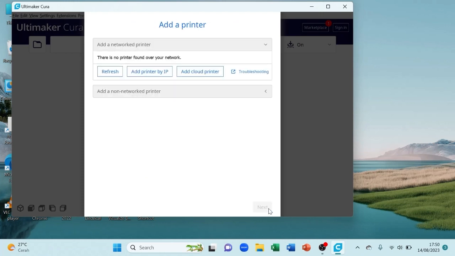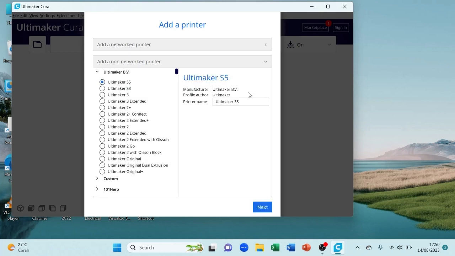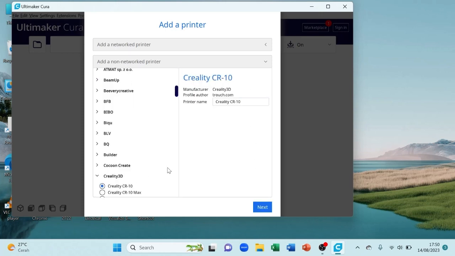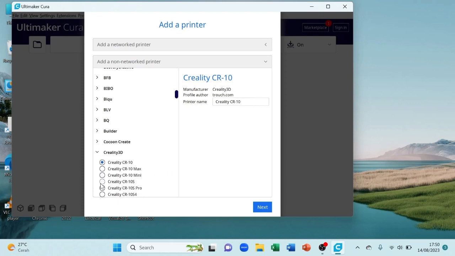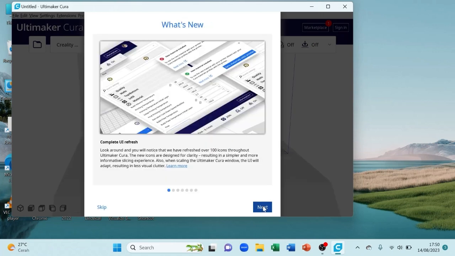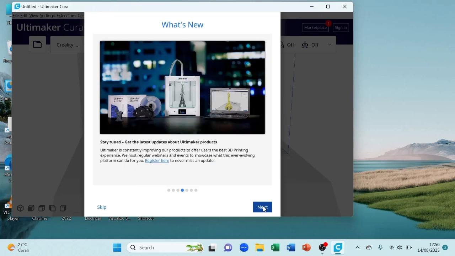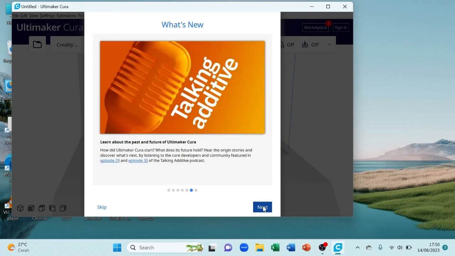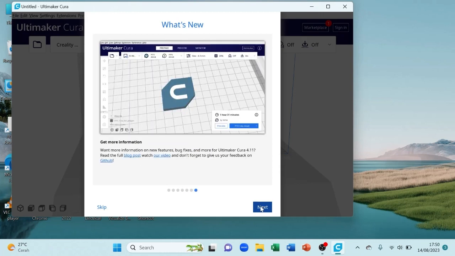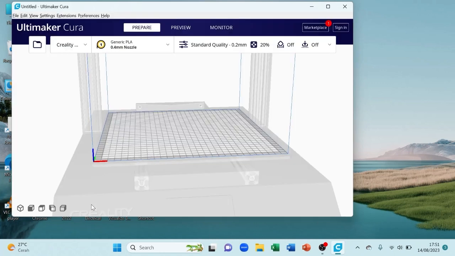Then in the add a printer section, select add a non-network printer and choose Creality 3D, and then choose the Creality CR10S Pro type, and then click next, and then click next until finish. Okay, and that's how to install and set up the Ultimaker Cura application.